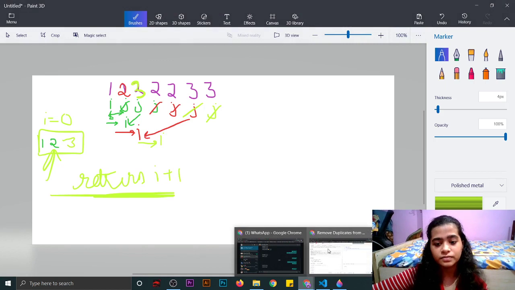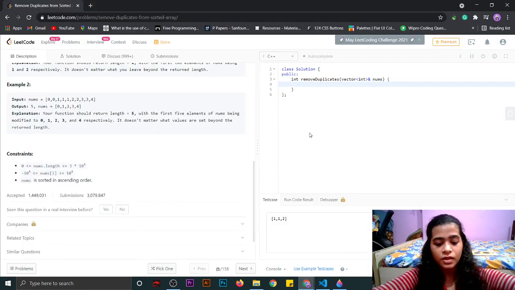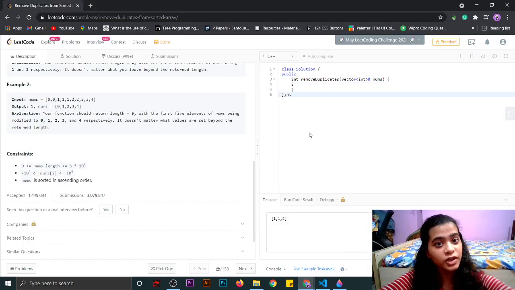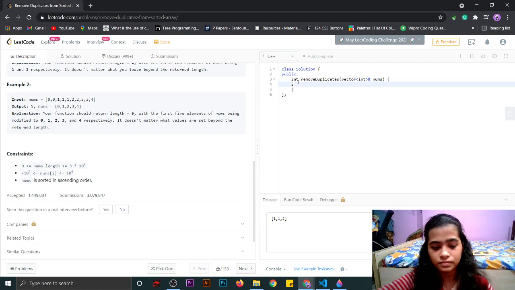Let's code it. First we will check whether the array is empty or not. If it is empty, then we will simply return 0. If nums.size is 0, then we have to return 0.